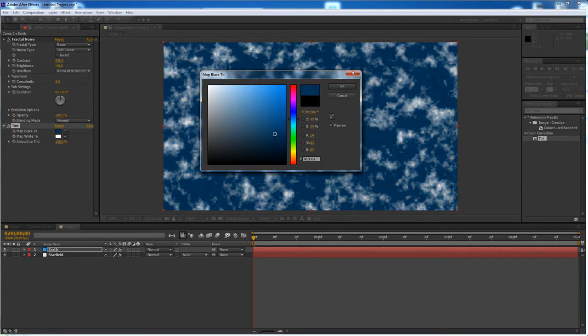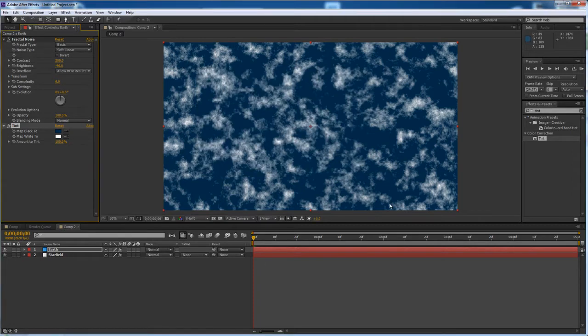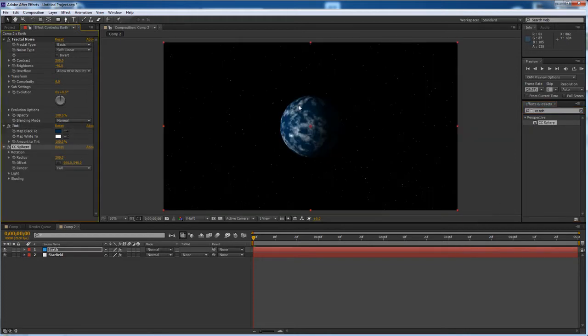Some looks of earth look more like that. Maybe we'll choose a little darker one like that. Looks pretty good. Something like that. Now we're going to add one more effect, and it's to make this into a ball. CC Sphere. We'll bring that on, and now we get our earth, looking a little bit like an